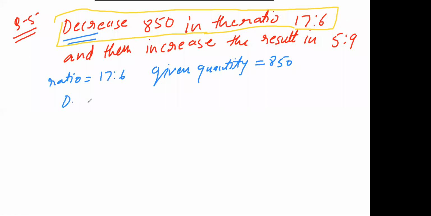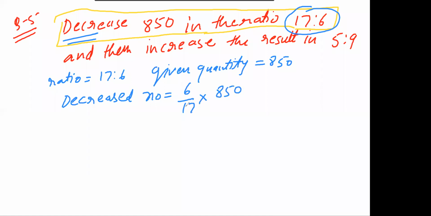Okay, so what I have done, you have to decrease the number. So write decreased number is equal to, you have to reciprocate the ratio. The ratio is 17/6, but you will write 6/17, multiply the given quantity, which is 850. So 17 was a 17, I think 17 5s are 85. So this is 17 was a 17, 17 5s are